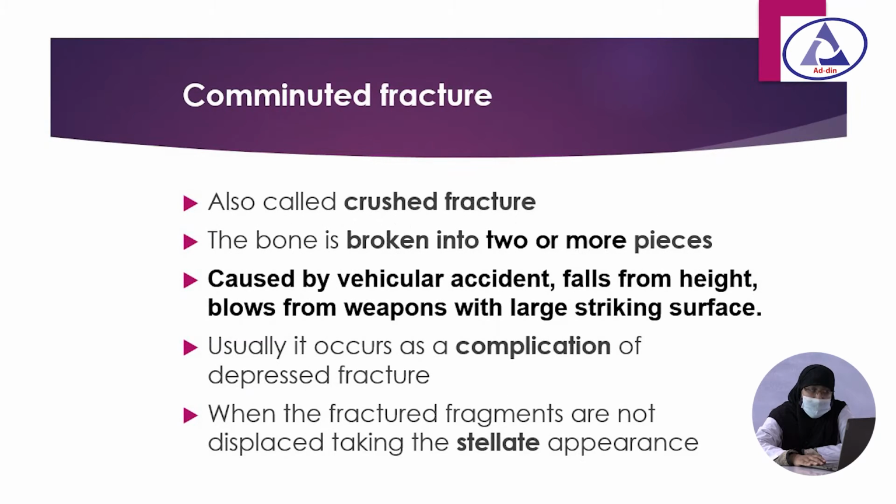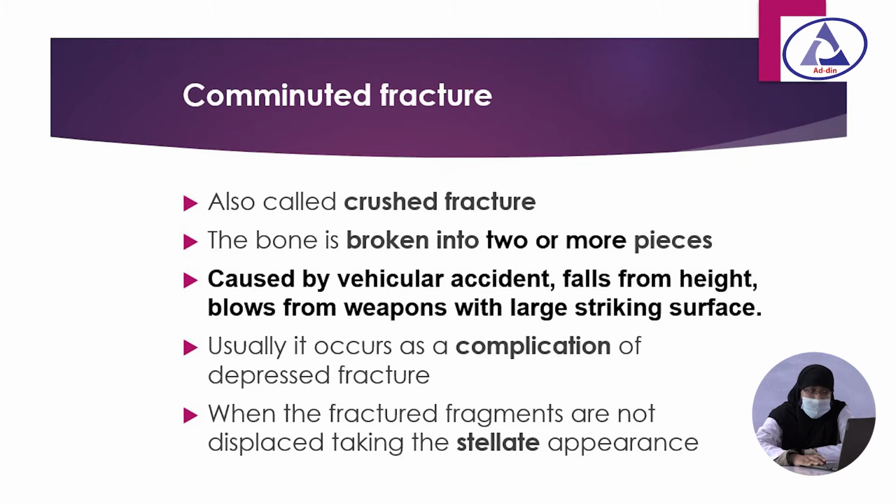In case of comminuted fracture, it is also termed crushed fracture. Here, the bone is broken into two or more pieces, commonly caused by vehicle accident, fall from height, or blow from weapons with a large striking surface. It usually occurs as a complication of depressed fracture when the fracture fragments are not displaced, taking the stellate appearance,